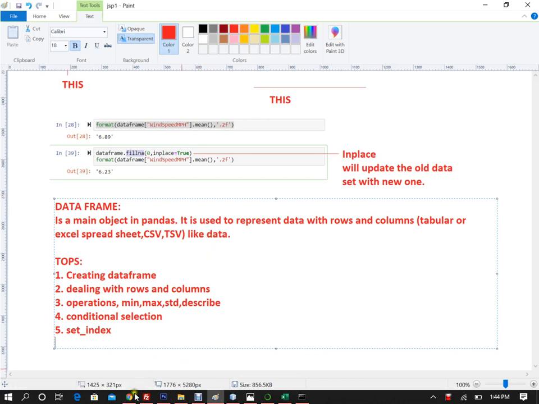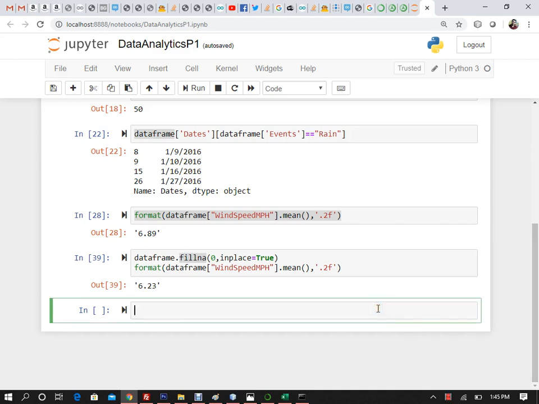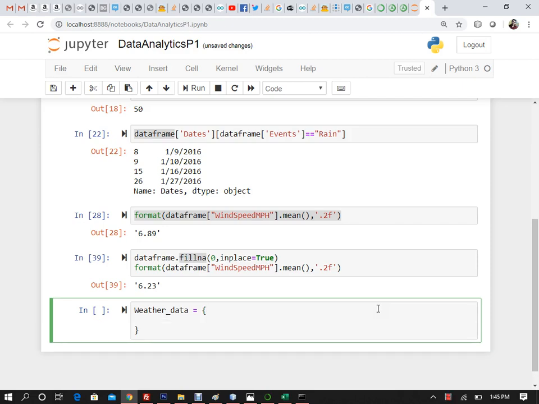Alright, so let's start with another thing. Now, what are the data sets or data stores that we can do data analytics from? Any data store, be it a tuple, a dictionary, a list, a collection, any data set that we can do. Let's create a data set and a data frame out of a dictionary. Can we do that? Yes. Let's say weather_data is equivalent to a dictionary. A dictionary is what we create within curly braces, and I will say day,